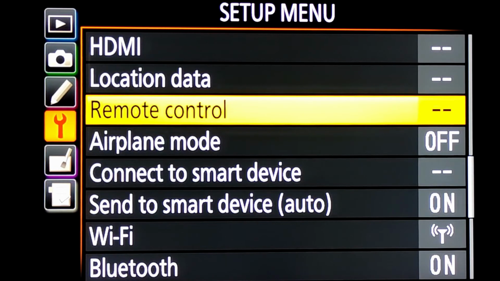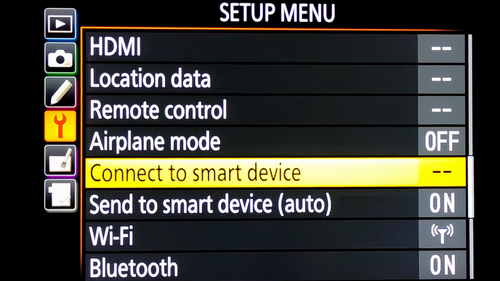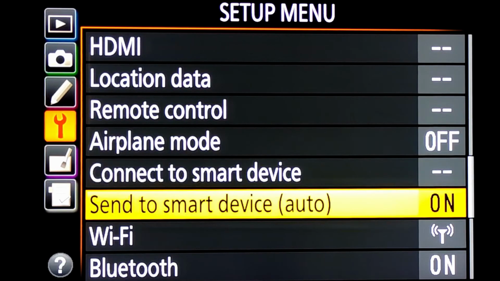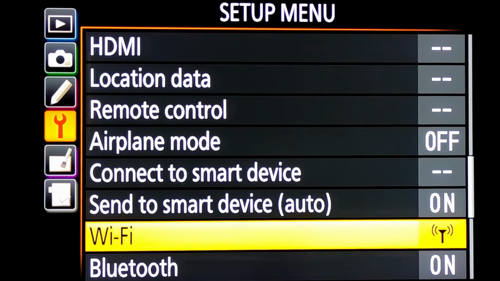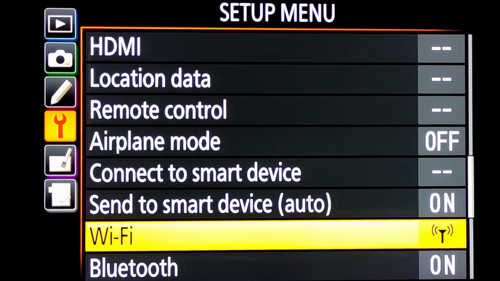Further, we have airplane mode, wherein we can switch off the Wi-Fi and Bluetooth on the camera to prevent transfer of photos unknowingly to the connected device. And further we can connect to various smart devices, Android and iOS, through Wi-Fi, and similarly through Bluetooth.